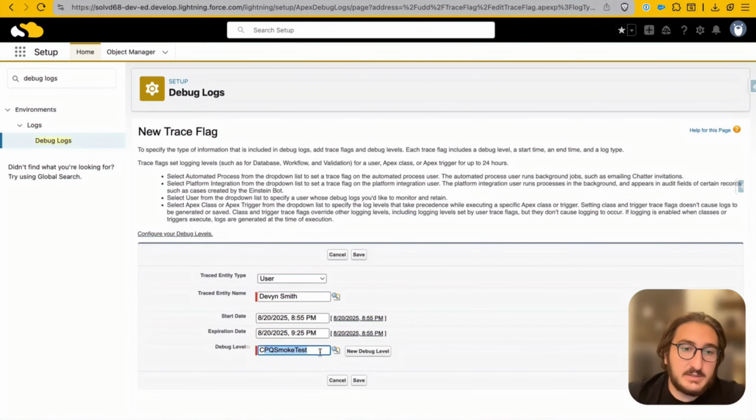And then again, I've set up a CPQ smoke test here. It's a pretty simple debug log. All you need is the finest debug log on Apex profiling, and you can make everything else none. You can put info on the access one if possible, but it's not necessary. But this will get us a lot of information on the specific transactions within CPQ, specifically the Apex CPU time